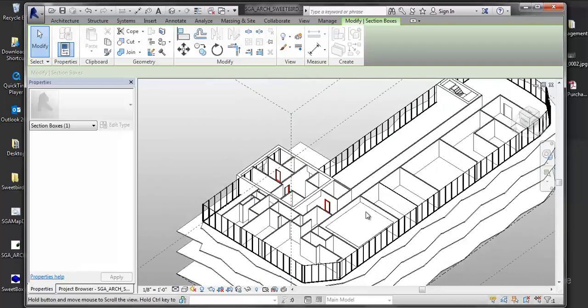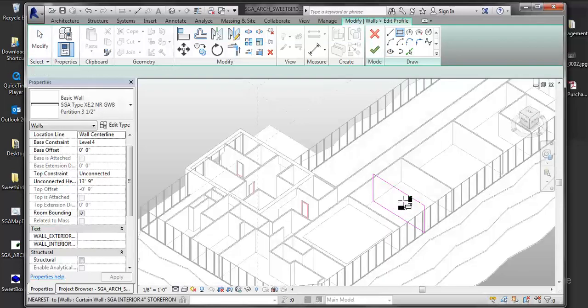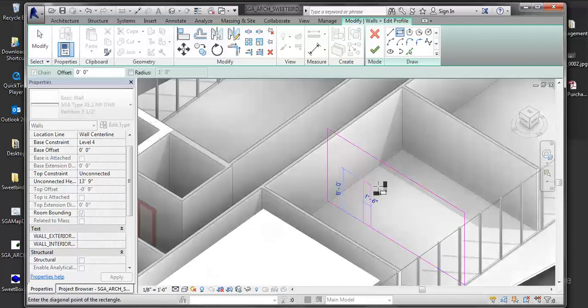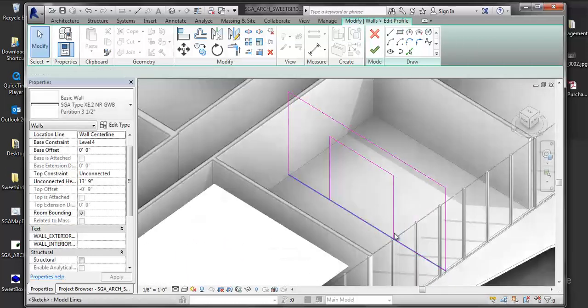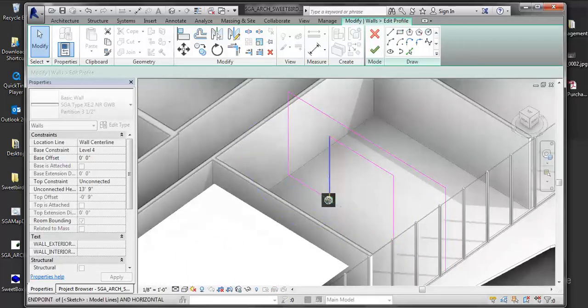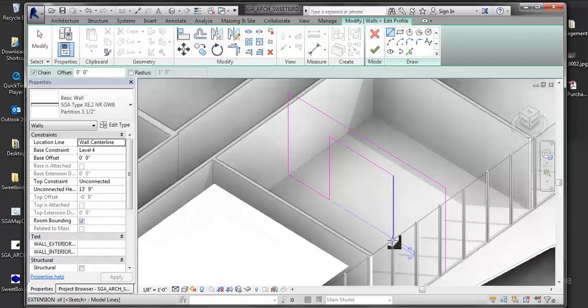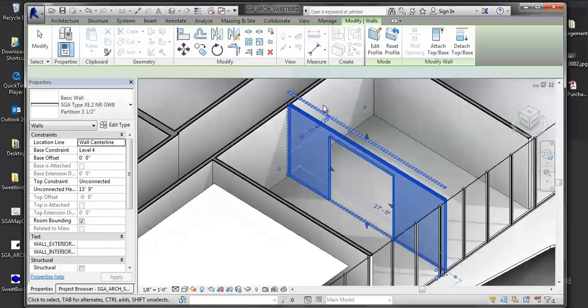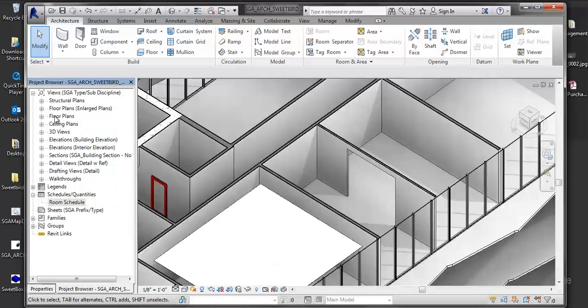So let's say that's my room, right? So let's say I edit that profile, and in this case, Revit's still going to read this as, not going to read it as a wall opening, right? It's going to read this guy as join elements. It'll still read that as a bounding. So as opposed to the wall opening that we did prior, Revit should still read this as a wall and calculate out that it is a boundary element, right? So in the case that happens, what you need to do,